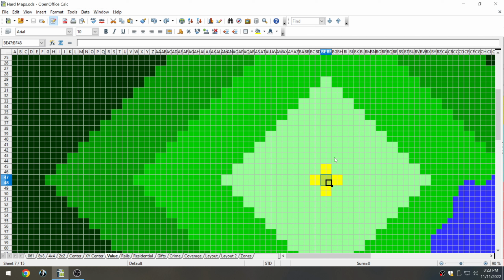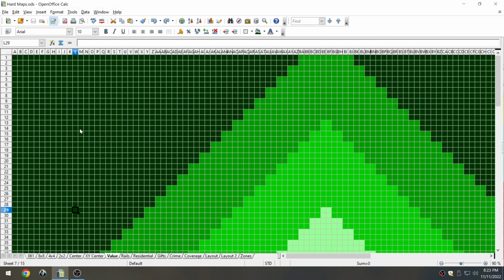So from the highest land value area in the center of the city, it expands for 8 2x2 regions, or 16 tiles. So you get a little less land value in that area. And then again, for another 8 2x2 regions, a little less land value. Then another 8 for a little less than that. And finally, everything else in the city goes dark, and any residential zones that I would build outside of the